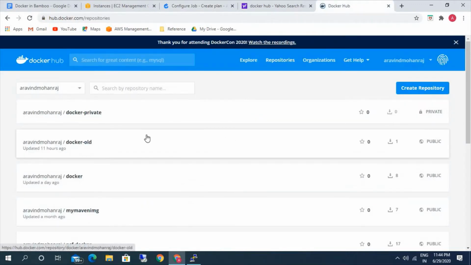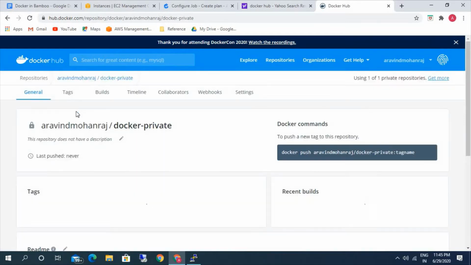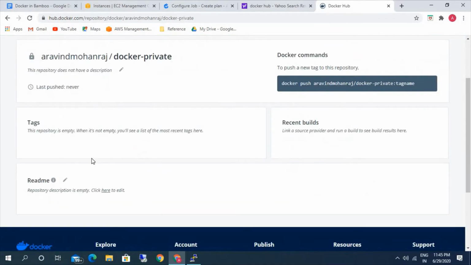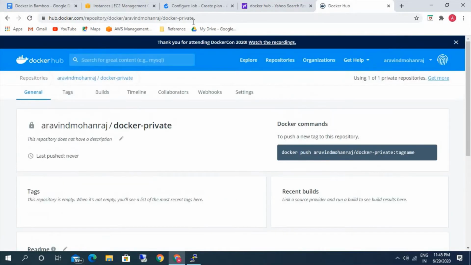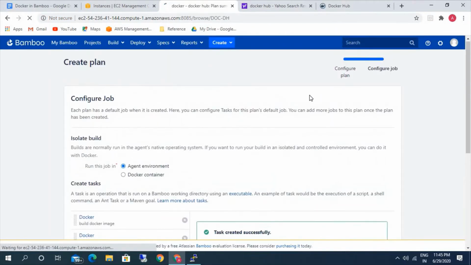If you see here, this is the one which we created just now, Docker-private. There are no tags, there is nothing. So let's go ahead and run our Bamboo plan now.